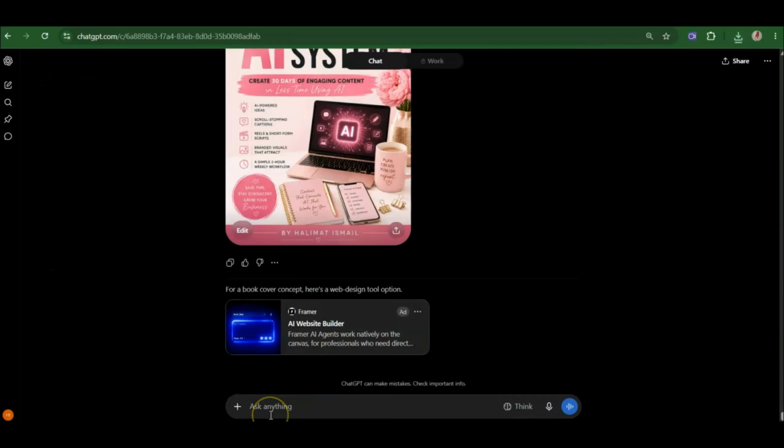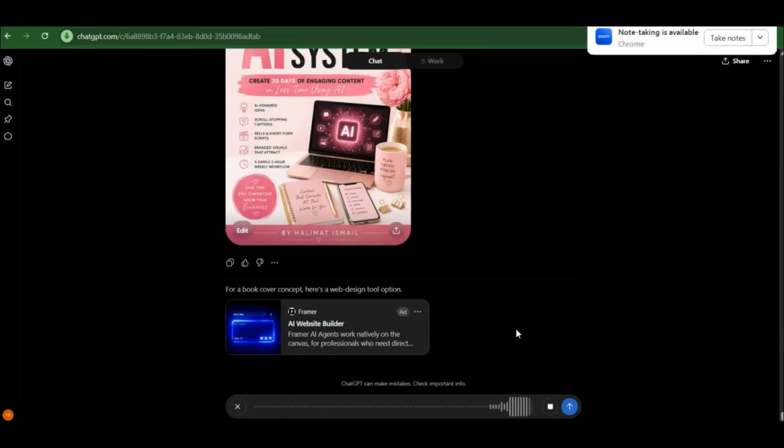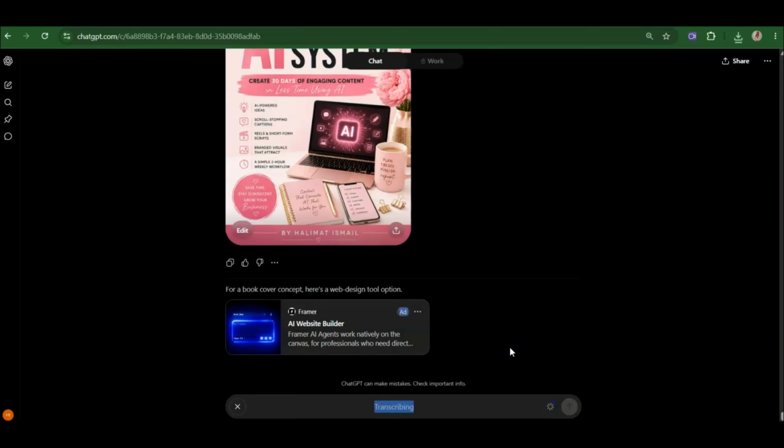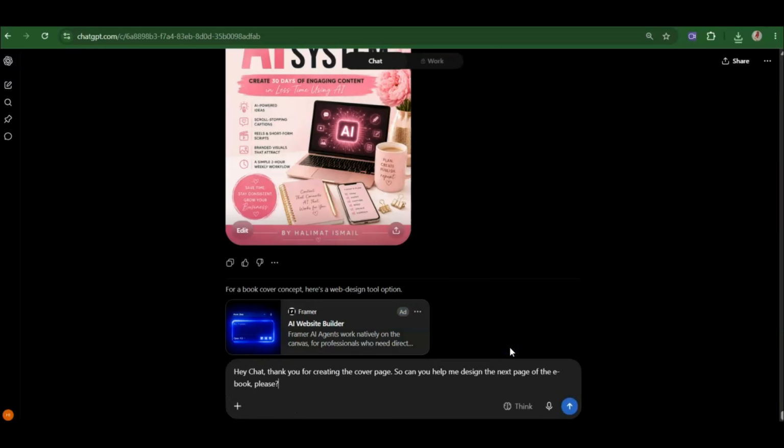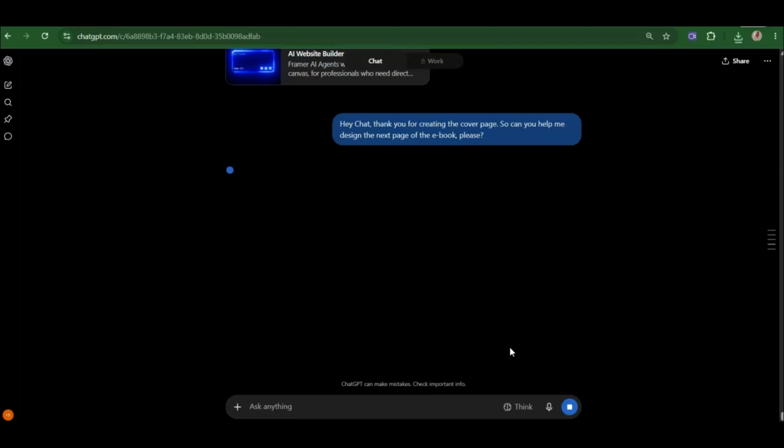So now that it is done creating the cover page, I'm just going to go ahead and tell it to create the next page. Hey Chat, thank you for creating the cover page. So can you help me design the next page of the ebook, please? So it's as simple as that. You just keep on telling it to design the next page, the next page, the next page, until all the